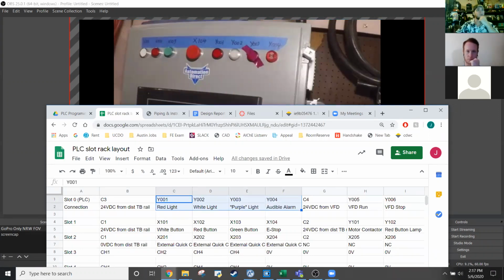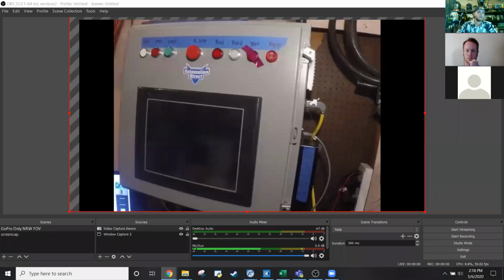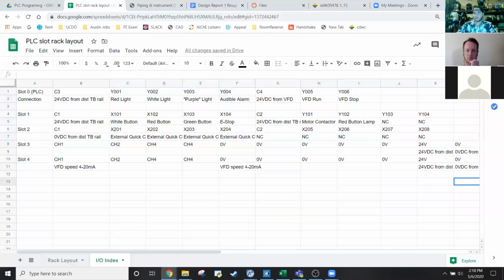But you have this index too. If you're not live programming, if you're programming offline, you know what's wired to what. I'm pretty sure this is all up to date and accurate to how the panel's wired right now. By the way, NC means not connected, so there's a bunch of stuff in here that's not connected. If we add any more wiring or wire anything new up, we need to update this. So going forward in future years, whoever's running the class needs to stay on top of that. But I just want to make you aware that that's also available, and we'll probably be referencing that as we